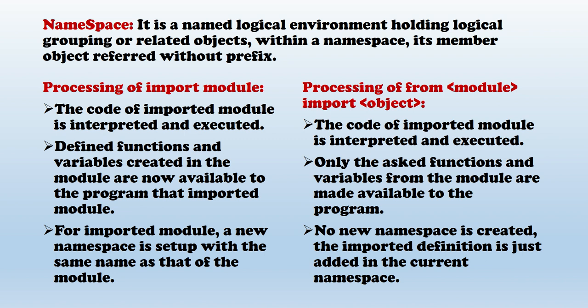Okay, so when we were discussing those two methods, you must have noticed that in the first method, when you import the entire module, you have to specify the name of the module, and then you have to specify the object name, right? That is math.pow. You have to refer to it with the name. Whereas in the other case, while importing selected objects, it is not necessary to specify the module name.